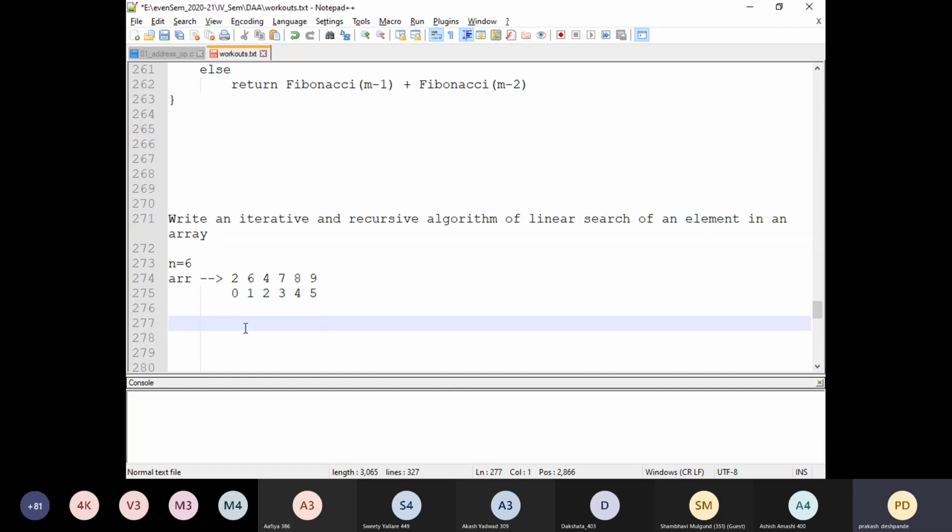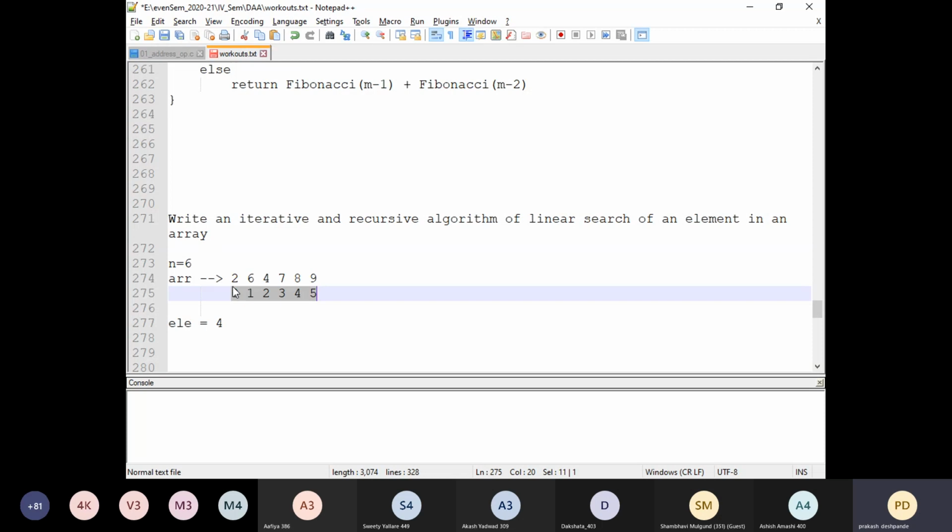Now, if we want to search a particular element, call it ELE, the element which we need to search. Suppose the element we are going to search is, for example, 4, then the method we will use in this algorithm is the linear search. Linear search means we start from the first position up to the last position, that is, from the 0th index up to the last index.